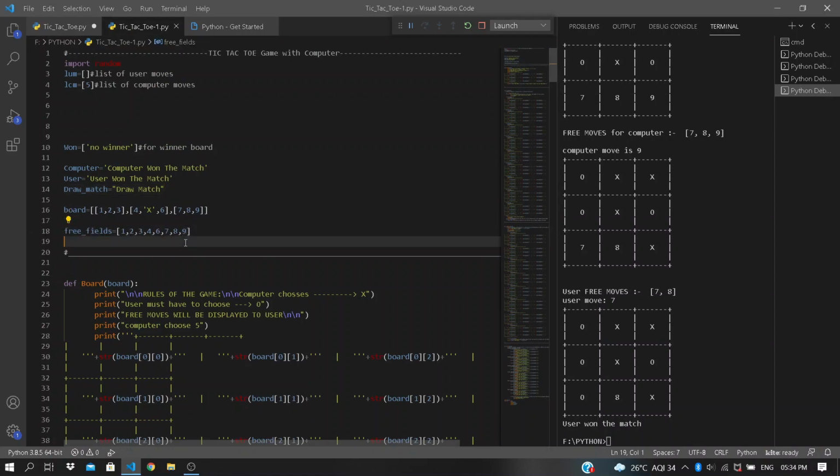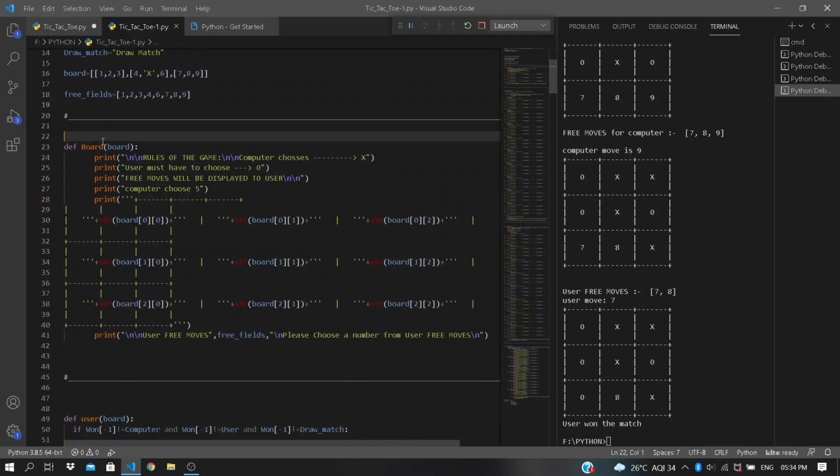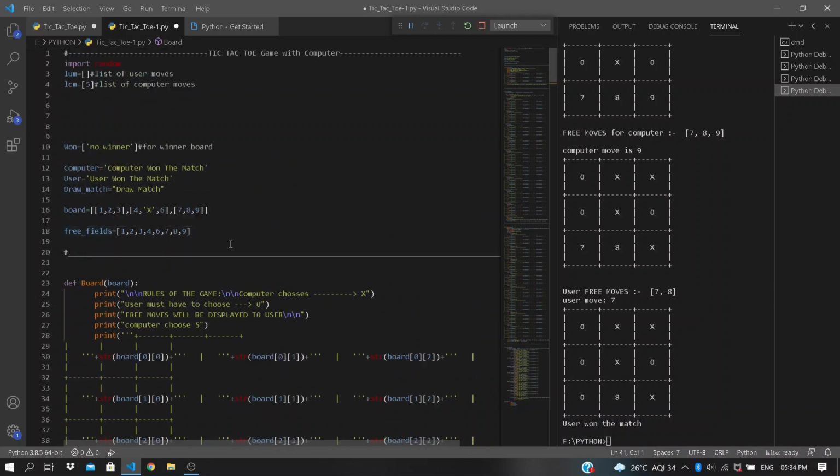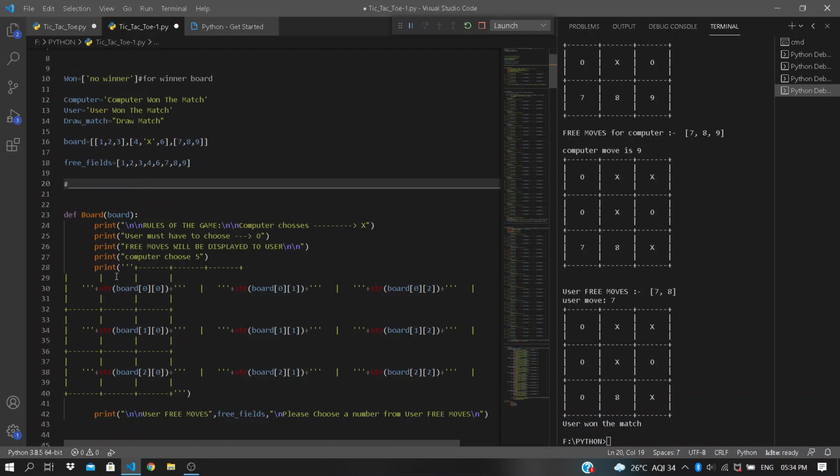In my second video, I explained about this board function. In this board function, we had already used a variable called temp variable. In line 41, we used the variable temp variable. We removed this temp variable inside the board function and placed it outside as prefills. The prefills list contains 1, 2, 3, 4, 6, 7, 8, and 9. It does not have number 5 because the computer by default chooses the fifth location, so I removed the 5 in the list of prefills.